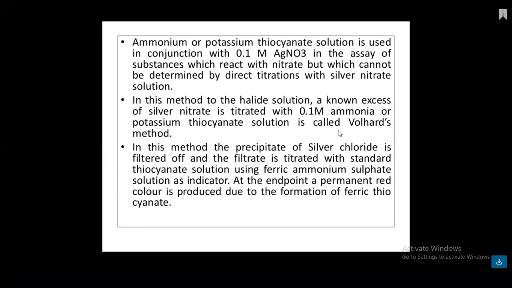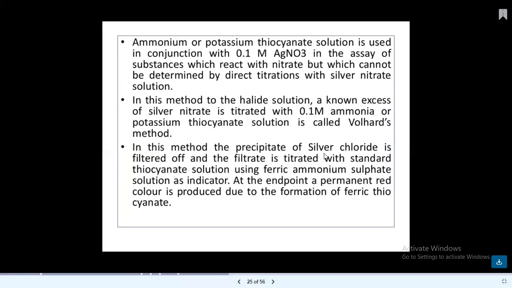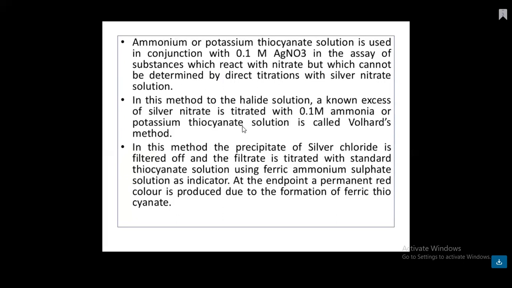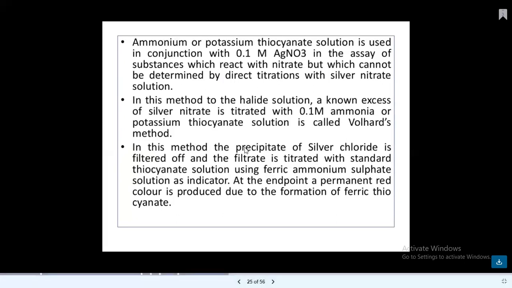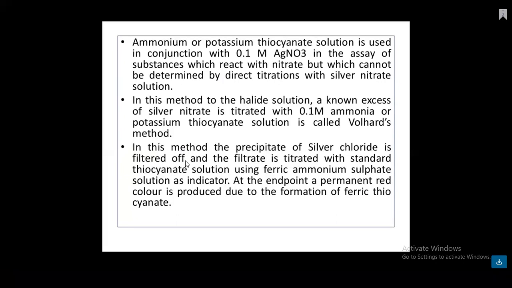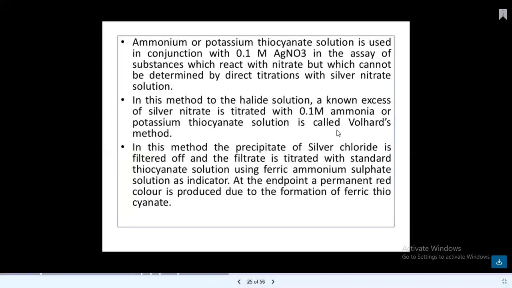So to protect it, we first filter this precipitate, and then we start the second titration to find out the leftover volume of silver with the help of thiocyanate. And not only by filtering off, as a second method we can also use some masking agent to mask the silver chloride, and we can easily perform the second titration to find out the leftover volume of silver. Here the precipitate is filtered off and the filtrate is titrated with a standard